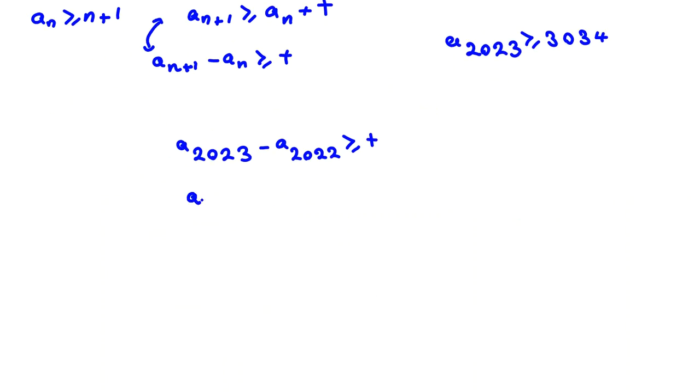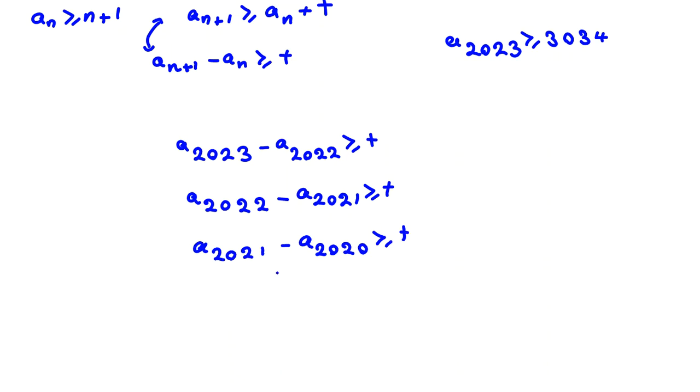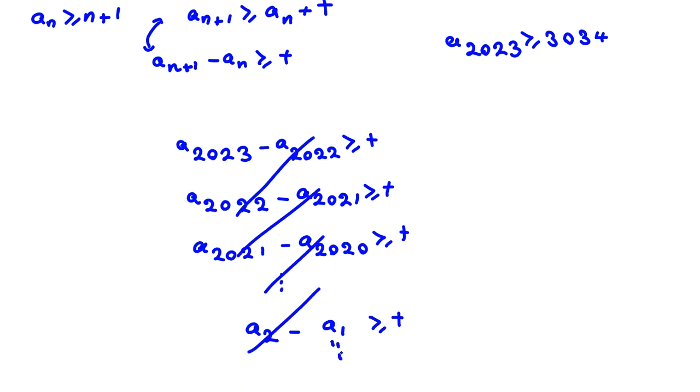Now a2022 minus a2021 is at least t again. a2021 minus a2020 is at least t again, up to a2 minus a1, which is at least t. Now if we add all these, a1 is 1. So we conclude, by the telescoping rule I've told you, that a2023 is at least 2022t